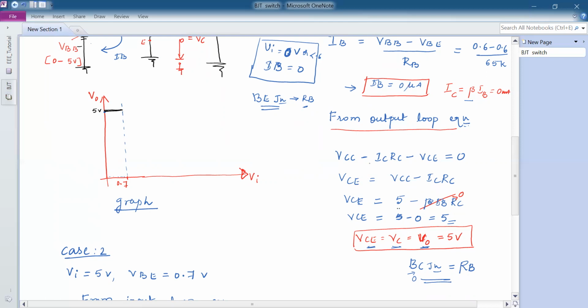So now you are exactly in the cutoff region where both the junctions are reverse biased and the input current is also 0. So under this condition, where both the junctions are reverse biased, the output voltage is at 5 volts. And this is the region where in this graph I'm trying to show 5 volts